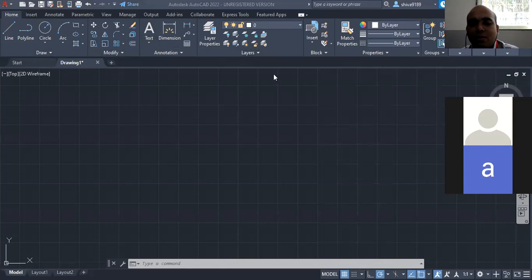As I was saying, we need to set the sheet size. For that, we have to go with the drawing limits.